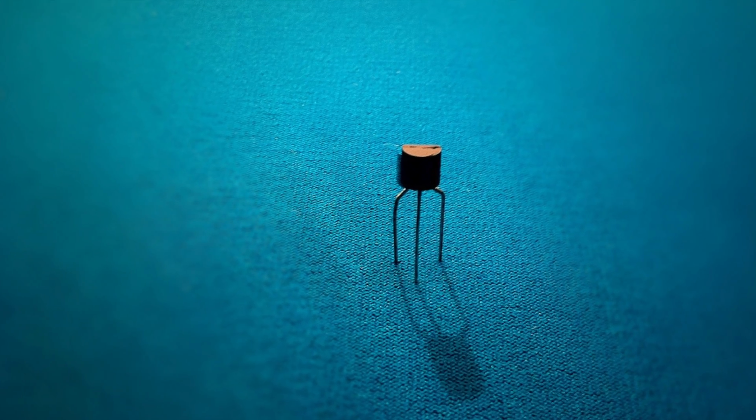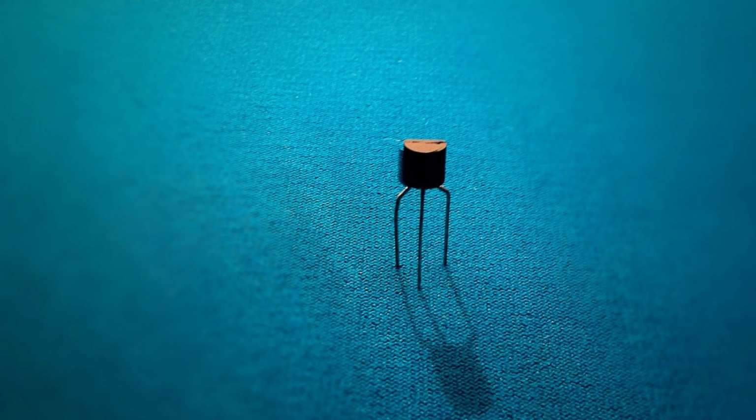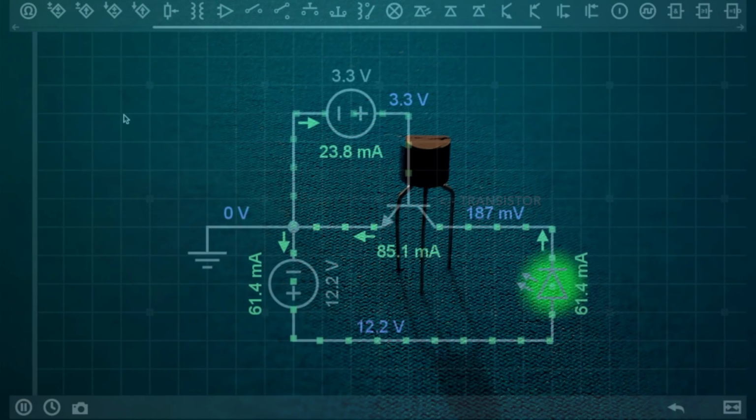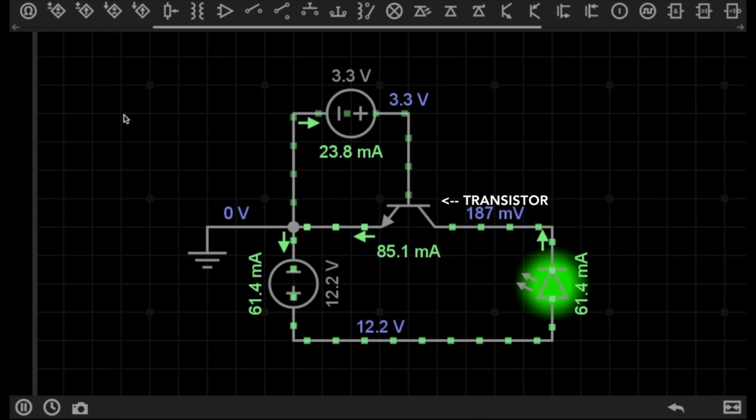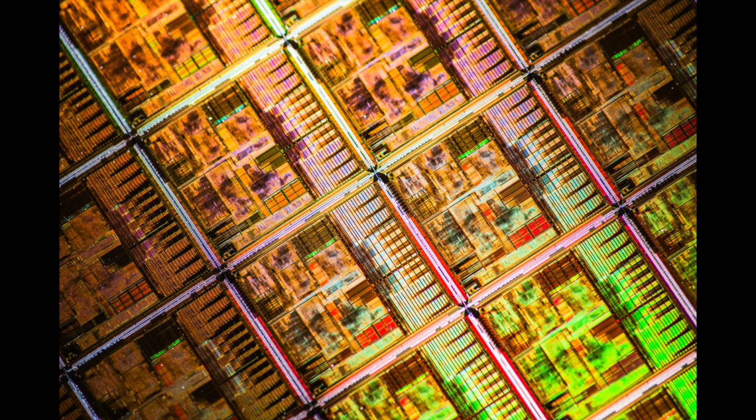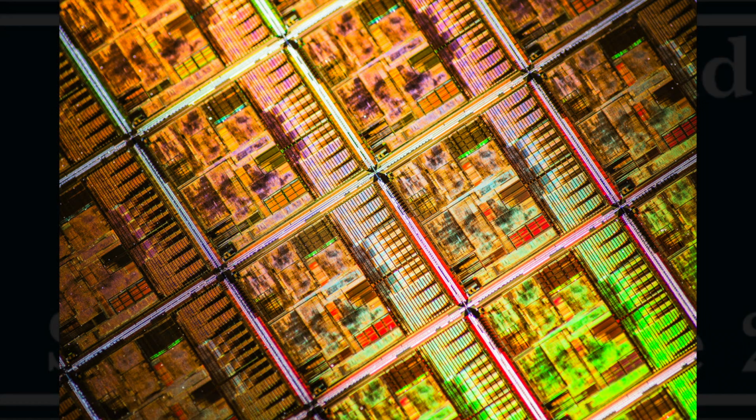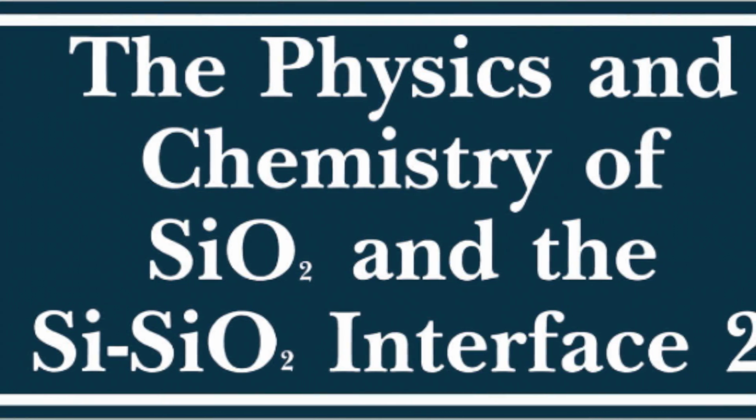The transistor is the building block of modern electronics. Almost every electronic device uses these microscopic semiconductors to manage the flow of electricity. In the early stages of transistors, they were almost exclusively made out of two forms of silicon, pure silicon and